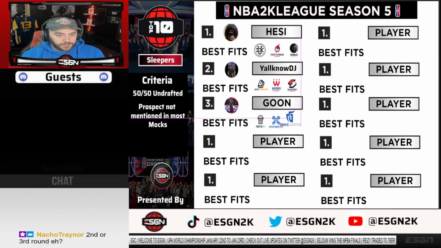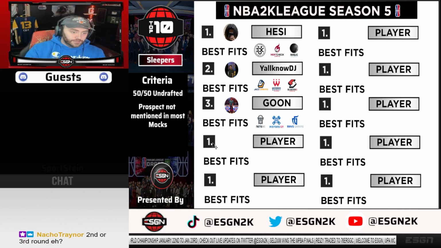If the Mavs decided to get their backcourt and get both shooting guard and PG, and then wait for their lock here, this would actually be a good pick for the Mavs, because Good and Jerry wouldn't be a bad combo at all. So we have our top 3 so far. We might obviously switch some around if somebody appears on here later and we're like, wait a minute, what am I thinking? That guy's definitely a bigger sleeper. So we have Goon.